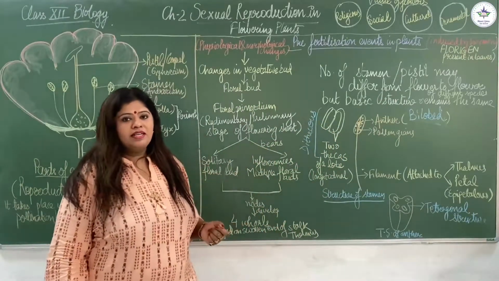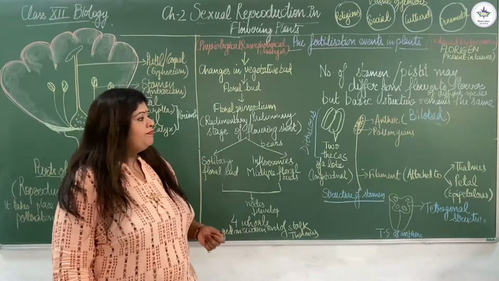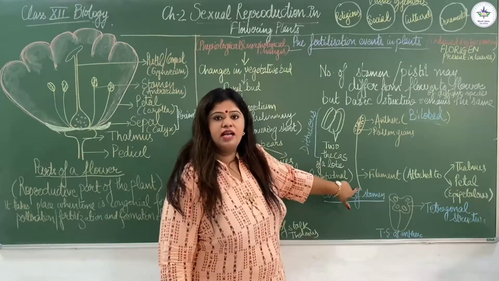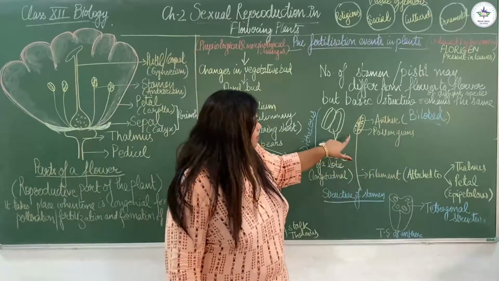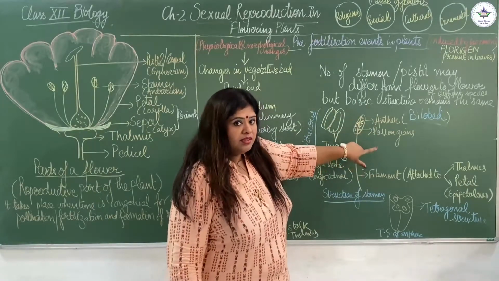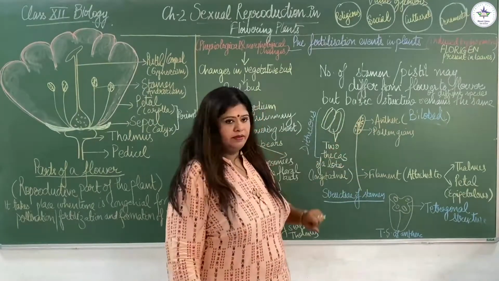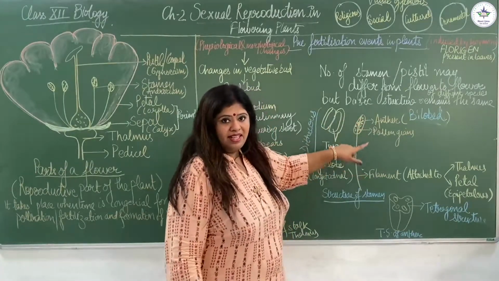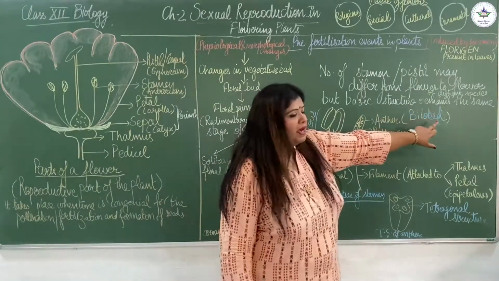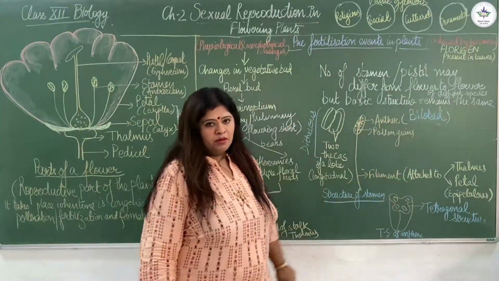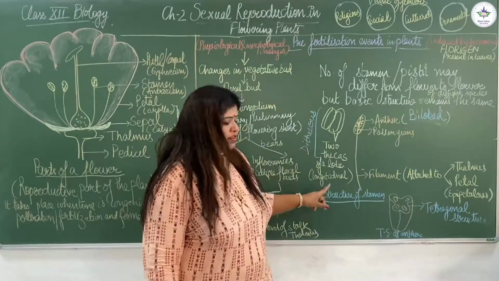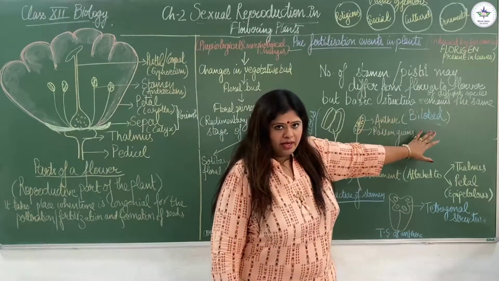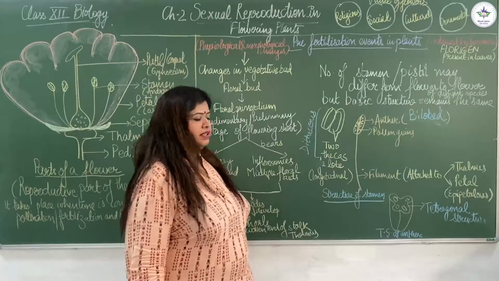So let's move on to study the structure of a stamen. If you see here, the stamen consists of a long filament, which is actually the stalk, and it bears a swollen head. This swollen head is known as anther. And if you see the structure of the anther, 2 lobes are present. That's why anther is known as bilobed. There are some important terms which I have written in a different color so as to emphasize their importance. Okay, so anther is always known as bilobed. Why? Because there are 2 lobes of an anther.